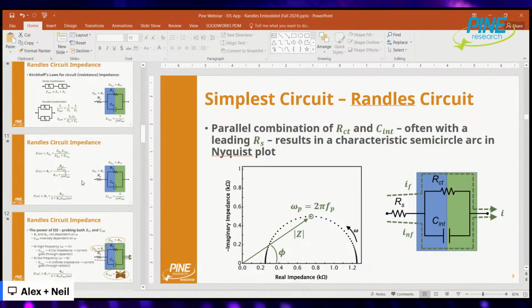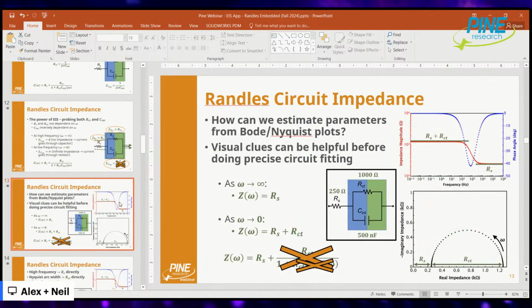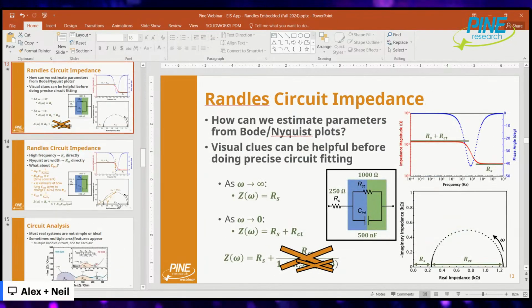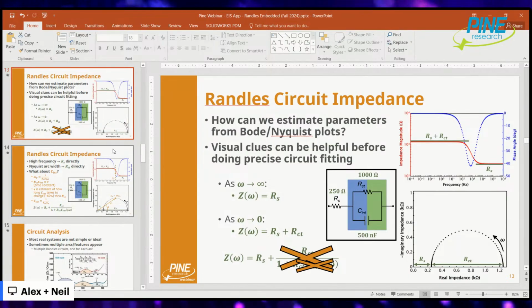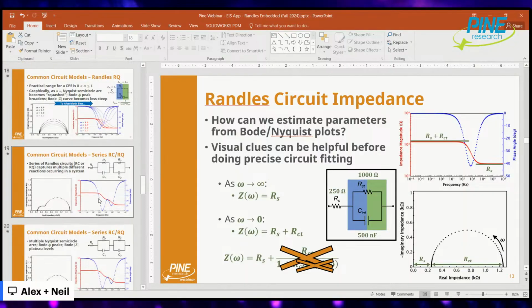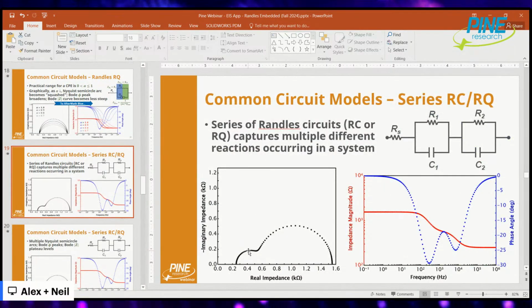I mean, there's a lot to that. In fact, these slides come from my impedance webinar. I would encourage you to check out our webinars playlist on our YouTube channel, where I go through a lot of these. There's a lot that can be said about what the Nyquist plot looks like for what the circuit is. And so this is like two charge transfer processes, RCs. You'll get two semicircles. And so there's a lot that I can go into that I won't necessarily drag on right now